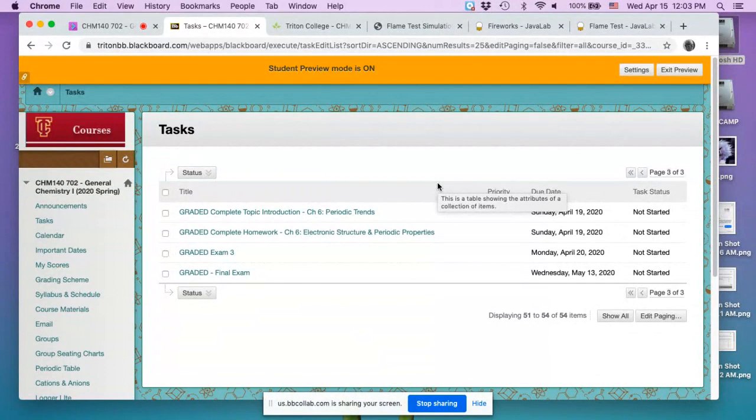And we should finish up the chapter on Friday, I think, to where you guys will be okay. But let me know if you're having an issue there. And then the homework will also be due on Sunday for that same Chapter 6. And then it shows exam 3 is going to be on Monday. And that's it for right now.